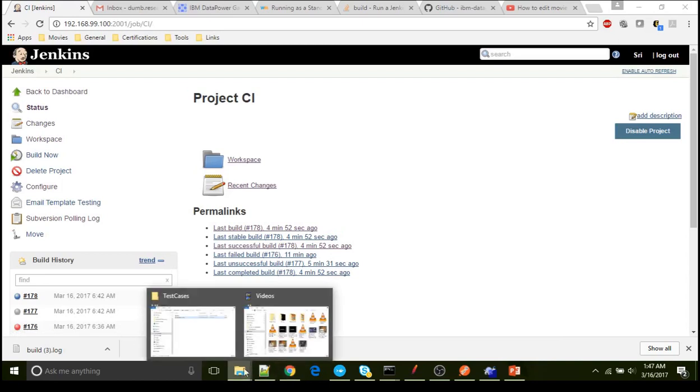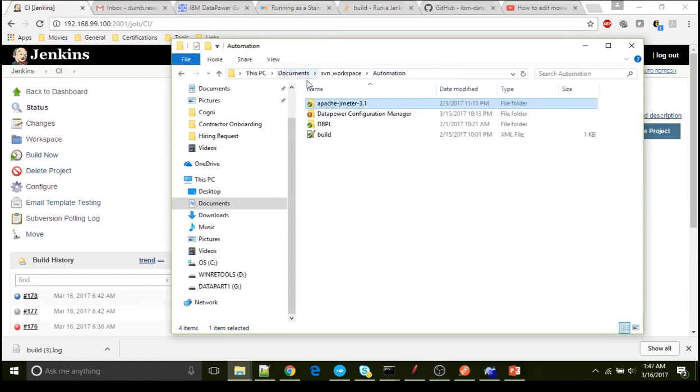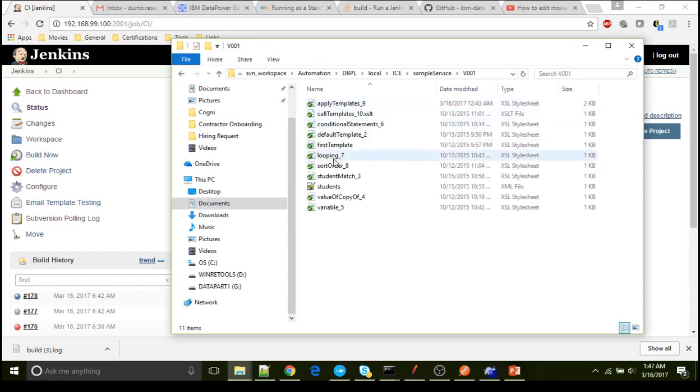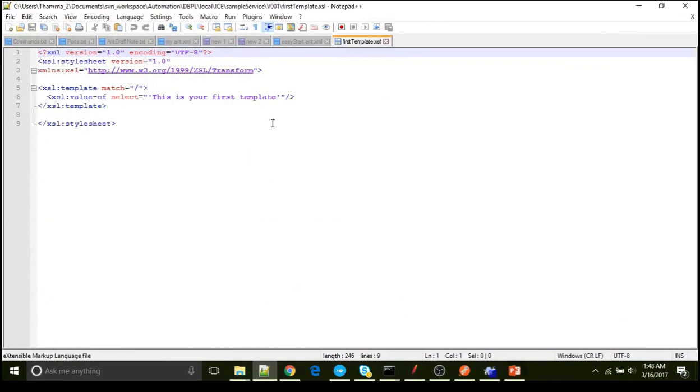What I'll do is I'll save a small file. These are some files that I just kept for doing some POC here to check how the deployment goes. But I don't really need this.